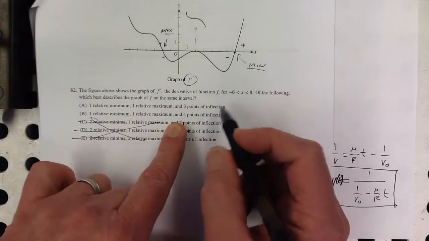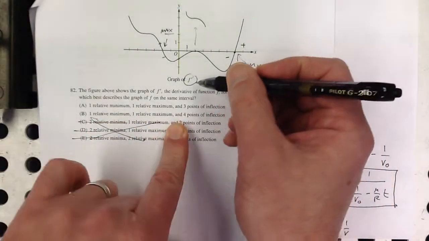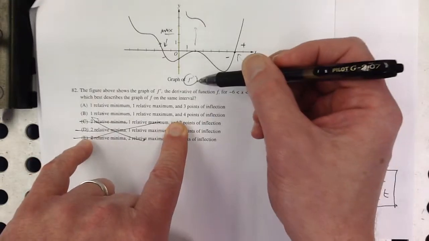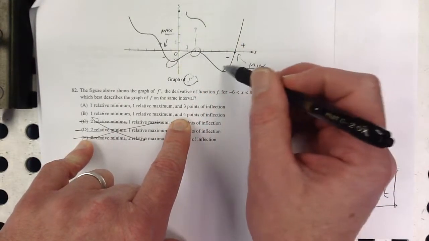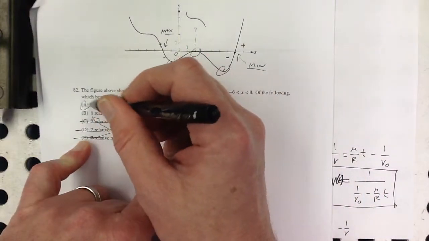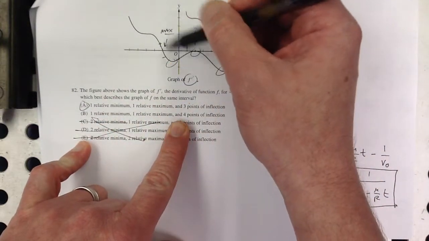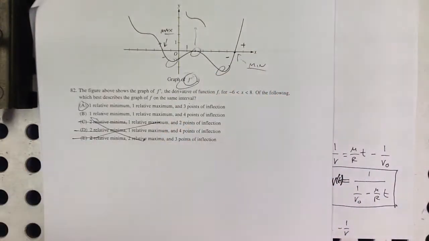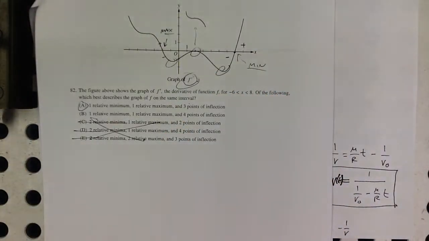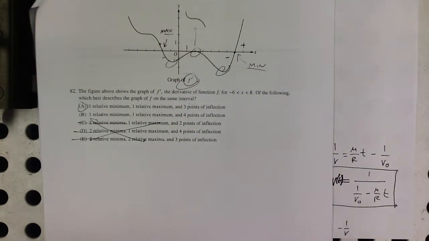And then points of inflection. Points of inflection are just maximums and minimums of the first derivative. So I've got 1, 2, 3. Right, they're places where the slope of the derivative changes sign. So that's maximums and minimums of f prime. And they could be sharp corners. That would be okay. All right, that was 82,